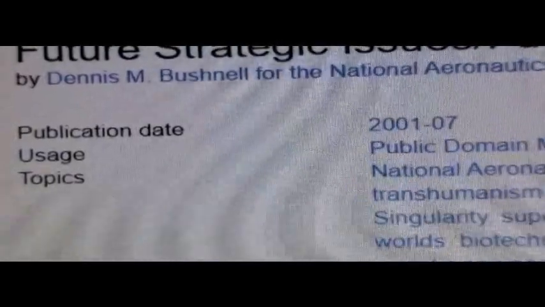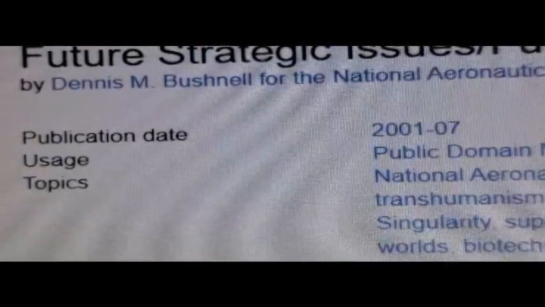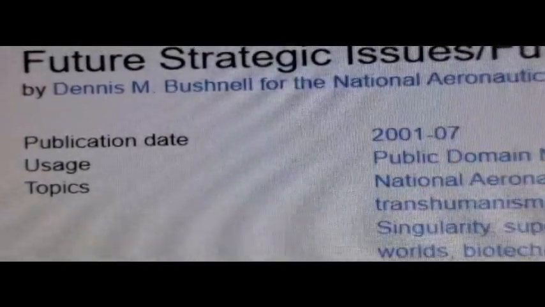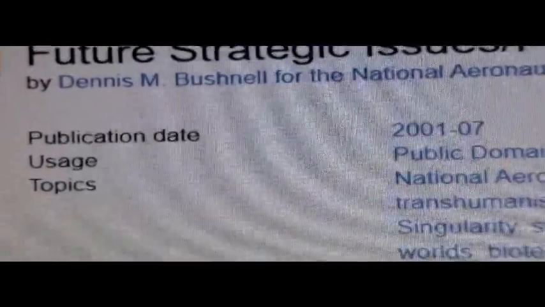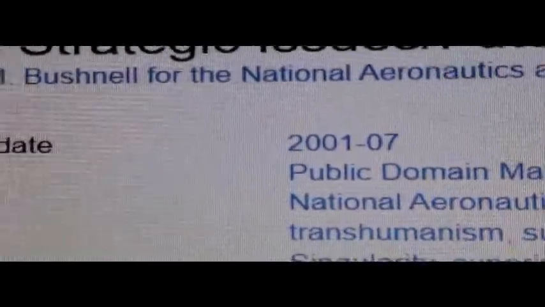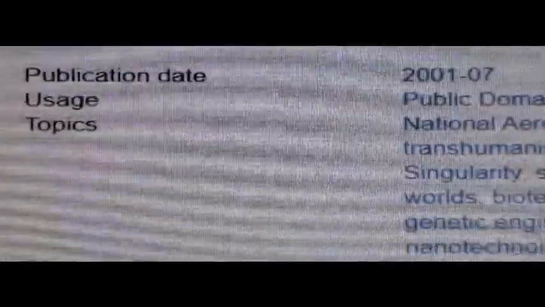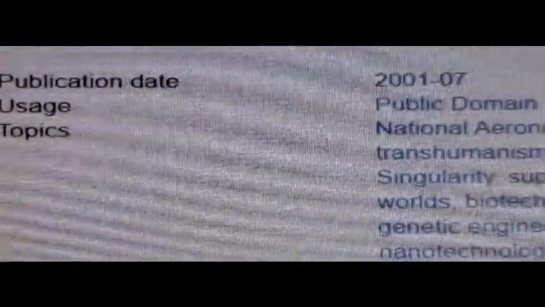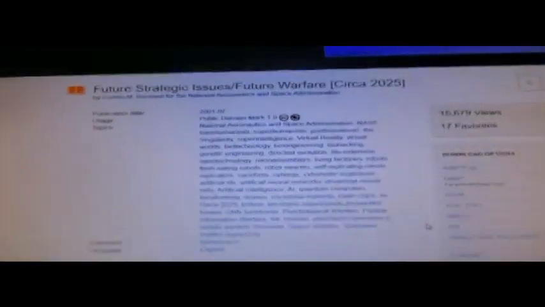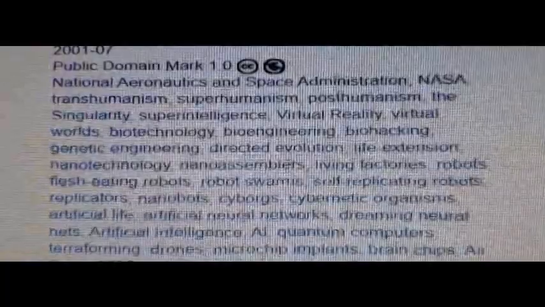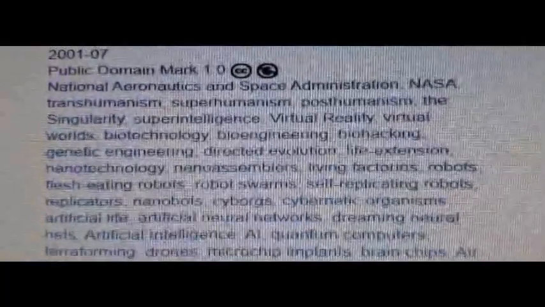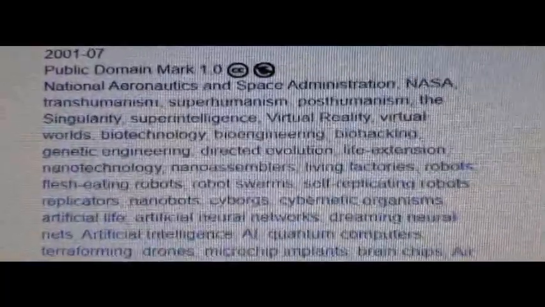So the publication date was July 2001. So that's one. Look, there's a 17 in there. That's our favorite number right now. And look at all the topics. All the topics. Whoops, this covers. What did I just do? Let me read them. National Aeronautics and Space Administration, NASA,